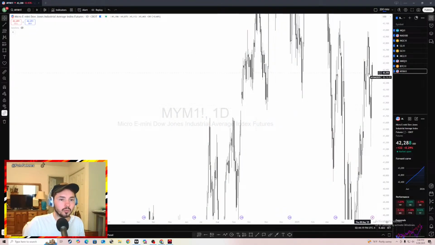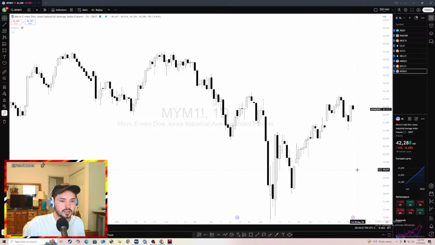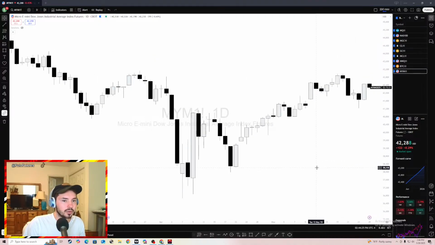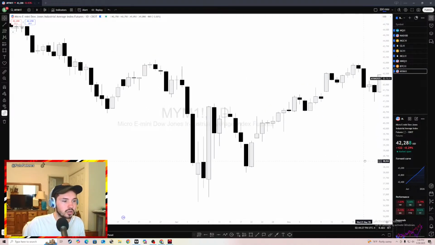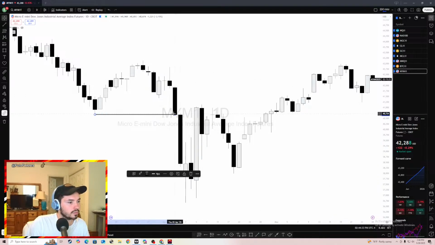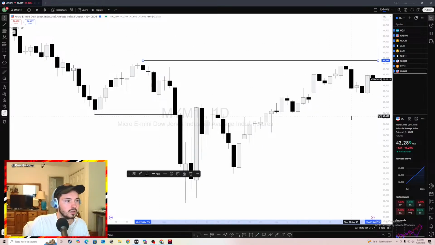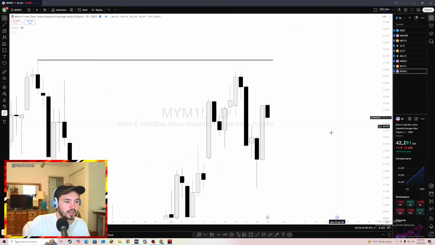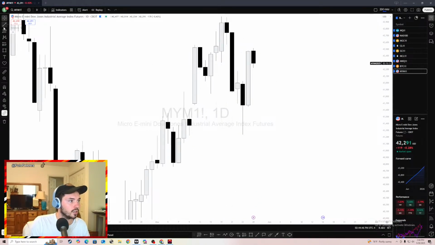Where do I even want to frame my candlesticks? The max I want to look at when I'm framing my chart is about this much. And this gives me a full story, right? We break the low. We come back, we try to break the high, and we failed. Okay? We failed to break the high. And what can we do now? We did grab this low, trying to break the high, so we might give it another shot.